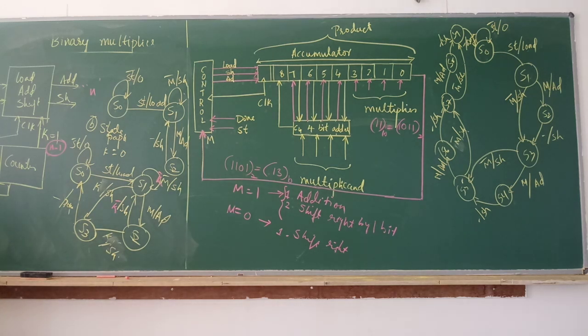So this is the state graph, and how binary multiplication happens with the circuit, whatever we have written here. We have written the block diagram for a 4-bit multiplier and 4-bit multiplicand. The product will be 8-bit, which will be stored in the accumulator. One more extra bit in the accumulator, the 9th bit, is there to store the carry bit from the adder. Okay, so this is about the binary multiplier. Next class I will explain binary division.